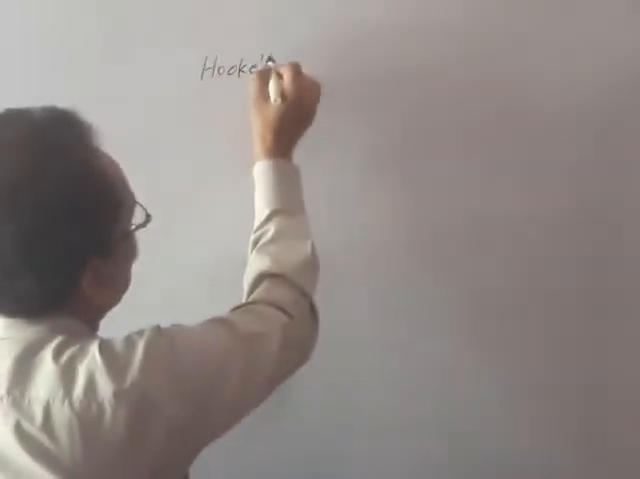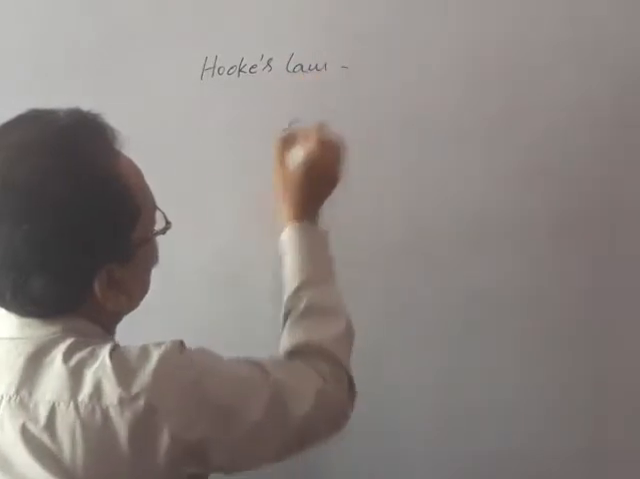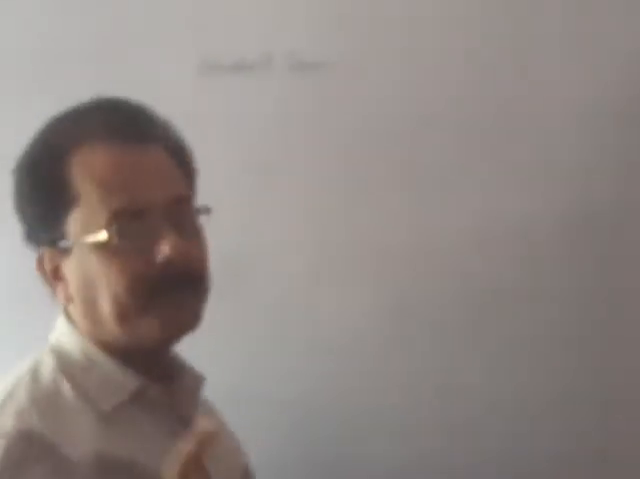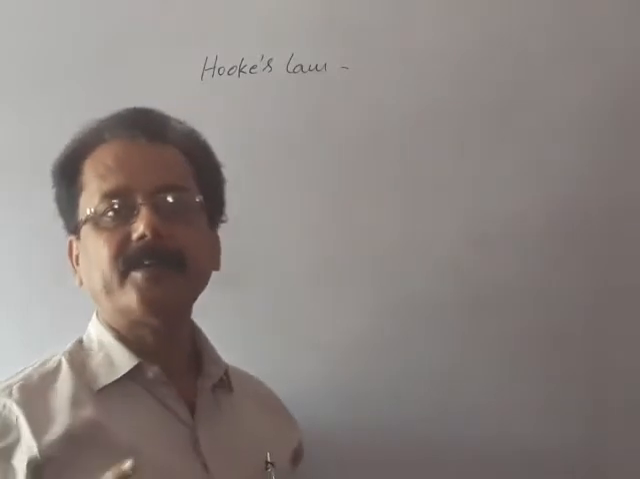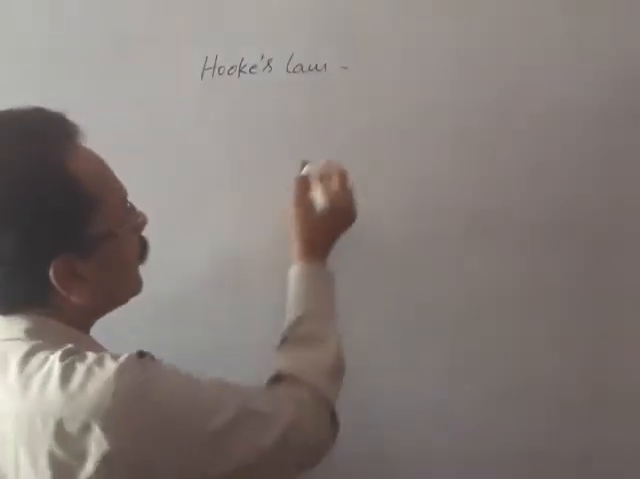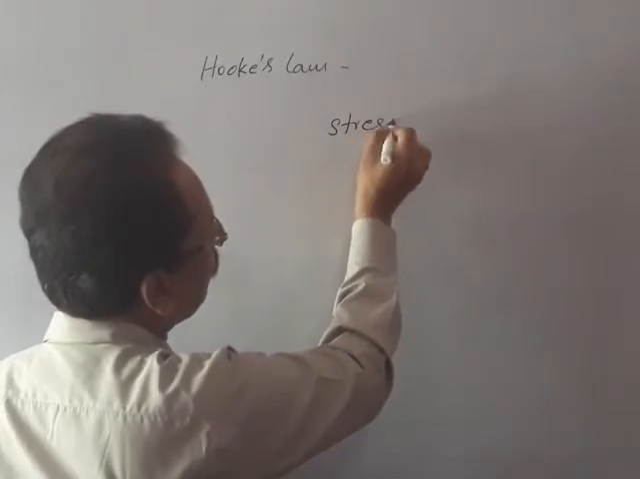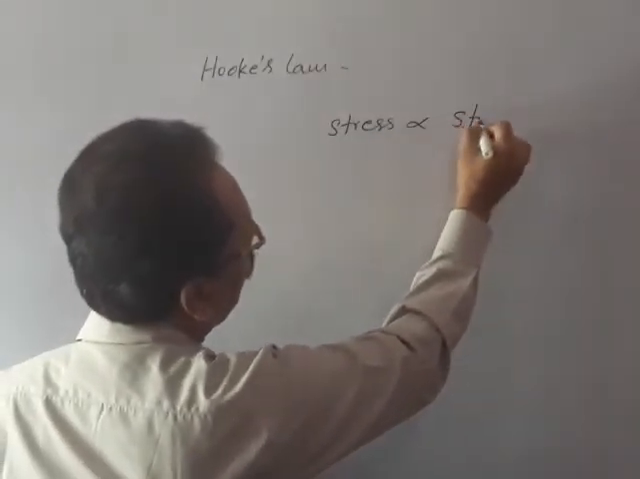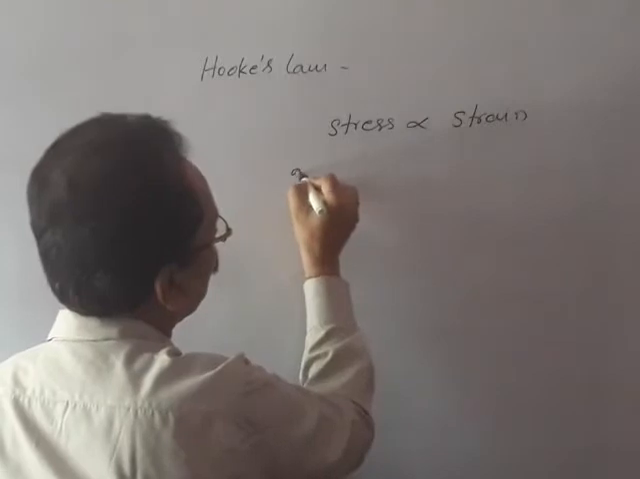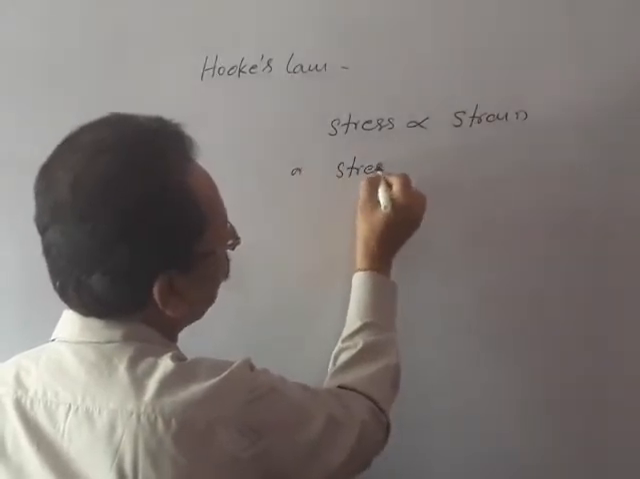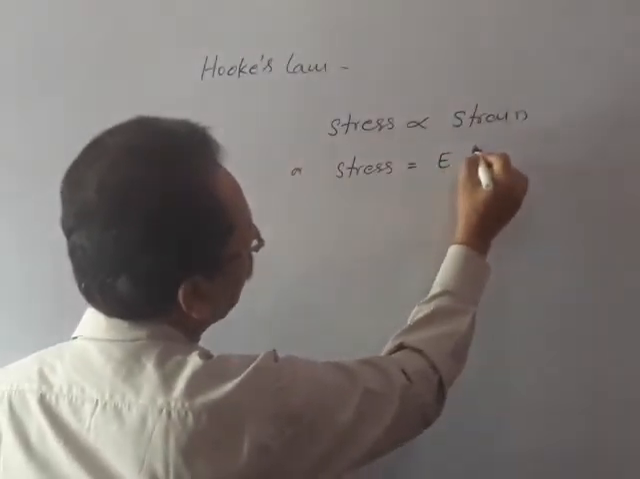Okay, in our last class, we have already learned about Hooke's law. So now, again, I repeat it. Hooke's law: within the elastic limit, stress is directly proportional to strain. That is, stress is directly proportional to strain, or we may write stress equal to E into strain,